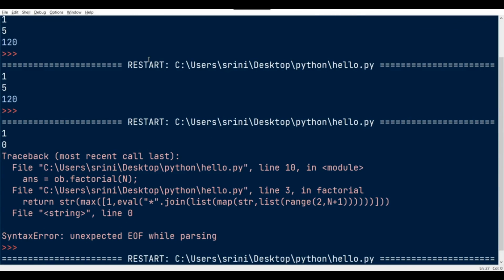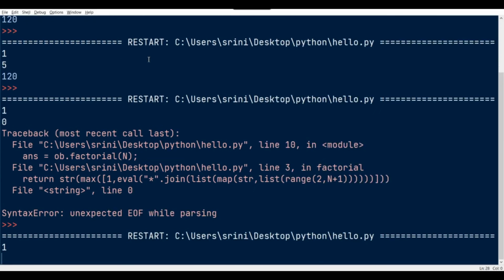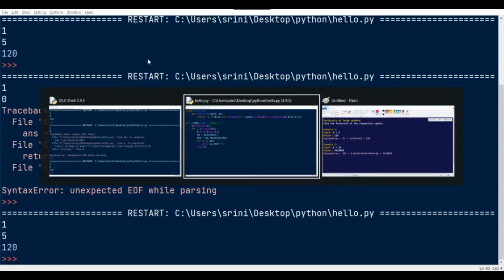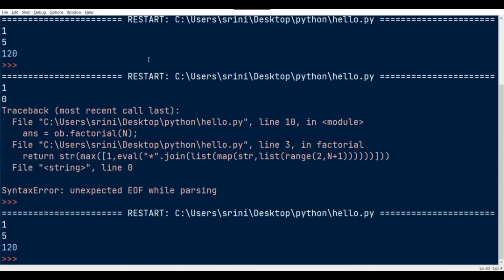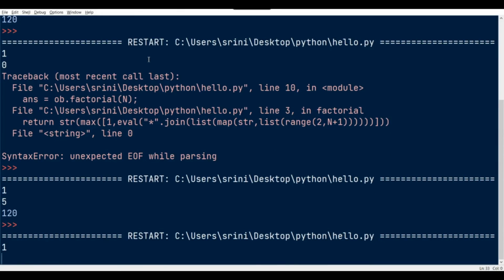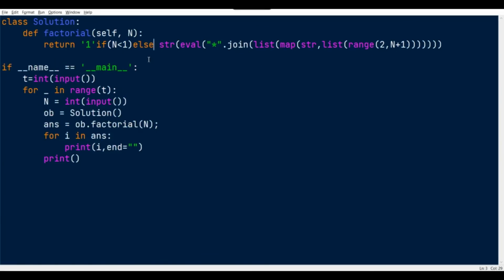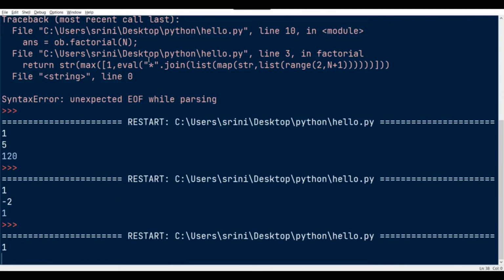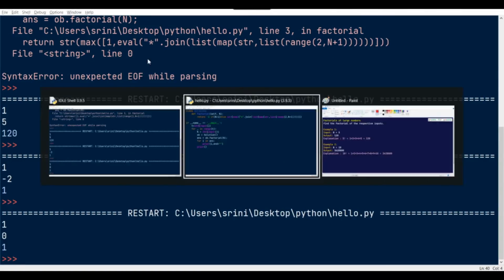So if we have done that, we are getting proper output for positive values. Okay, for 0 and negative 2, we are getting 1. It's working fine actually.